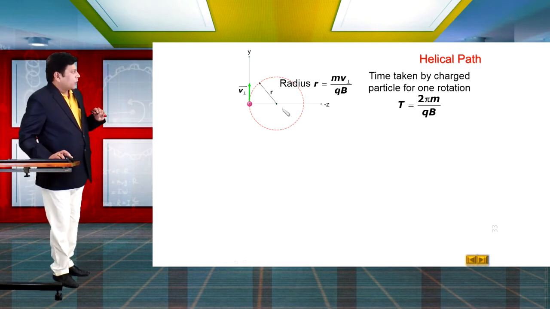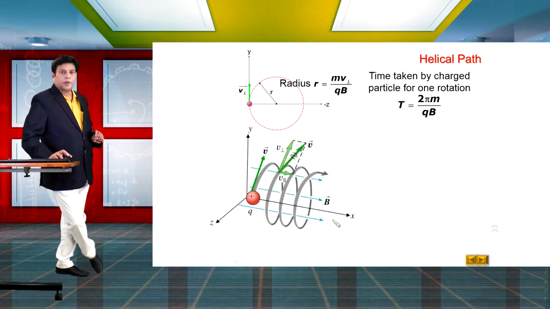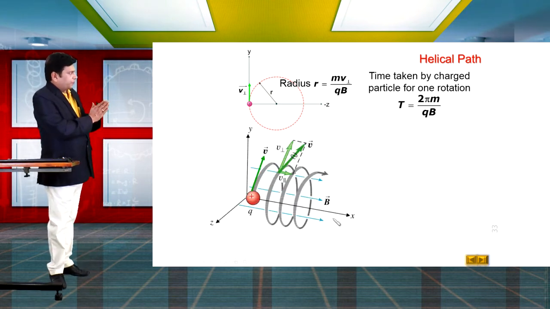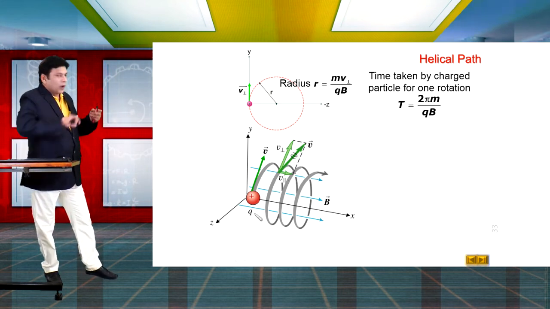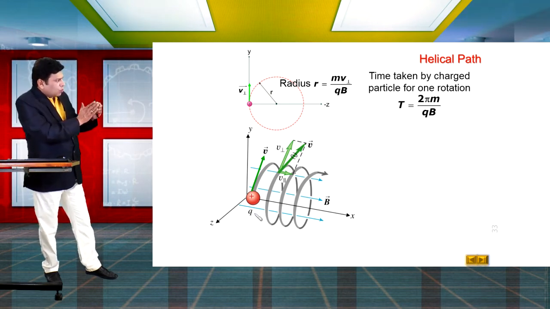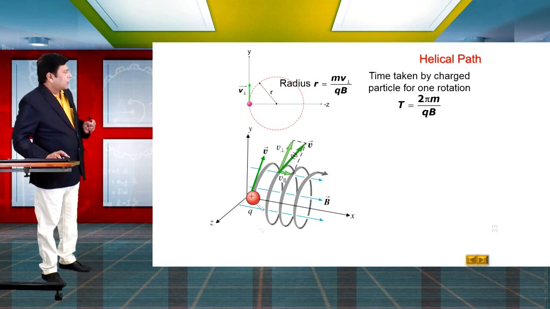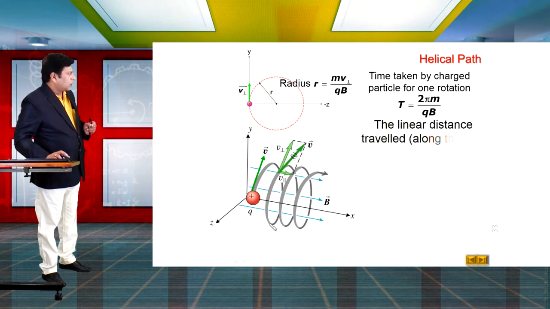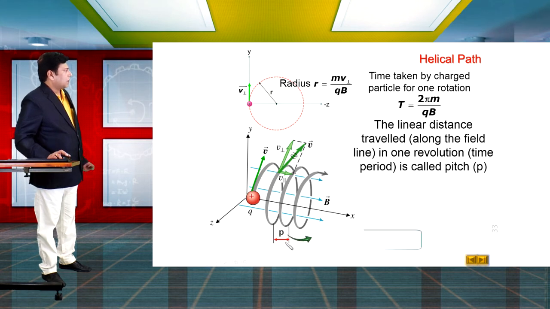Now we know this charged particle is moving in the helical path, like this. You can observe this component, v parallel, remains constant. While the charged particle completes one rotation, during that time it also moves along the x-axis, or you can say in the direction of the magnetic field. So the distance traveled by the charged particle during one rotation, say from this position to this position, is called the pitch of the helical path. So this is the pitch of the helical path.